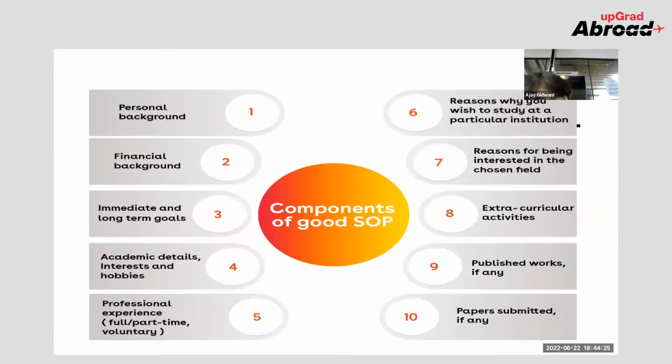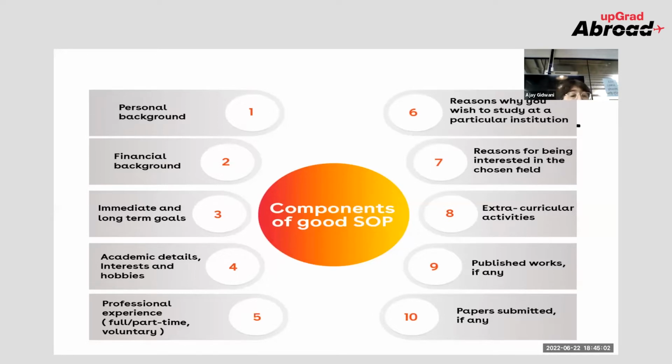So this is all about the components of a good SOP. What does a good SOP include? It starts with personal background. Now, what is personal background? It talks about your family, whether your family is in business or your parents are in jobs. It doesn't mean I will write that my sister is married to someone else. That is not important. So this is what I talk about my father, that is, we're talking about basically the income of the family. Financial background and personal background are both linked with each other, and they talk about the financial viability of the student.